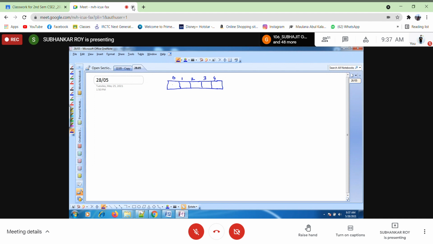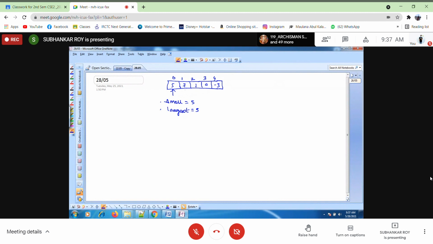So let us have 5 7 1 0 minus 3. What we have assumed? We have assumed the first element is the smallest element and it is the largest. So small and large both will be storing 5.